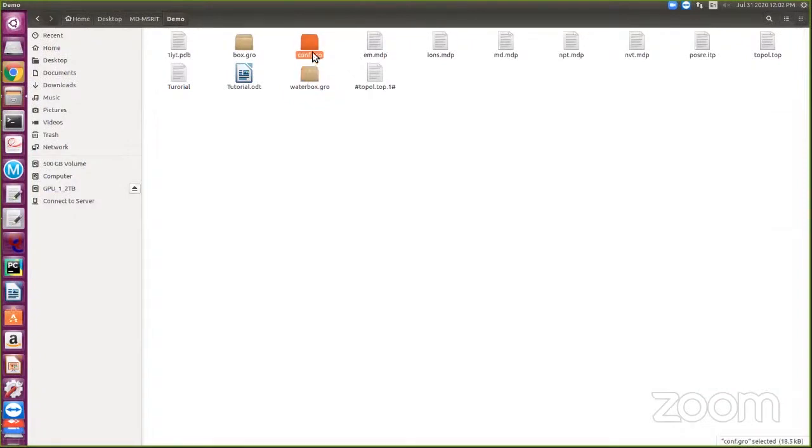So I'll just repeat again. conf.gro is only protein. box.gro consists of only the box. waterbox.gro consists of the box with water inside. These files are very, very important for the next step.